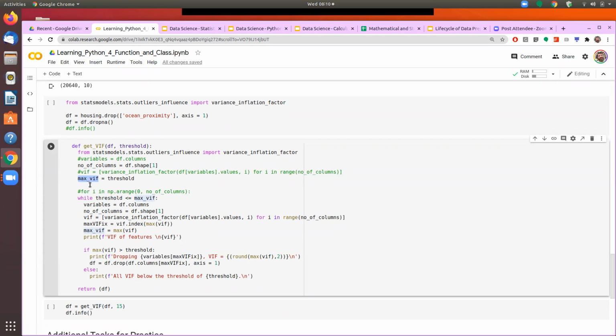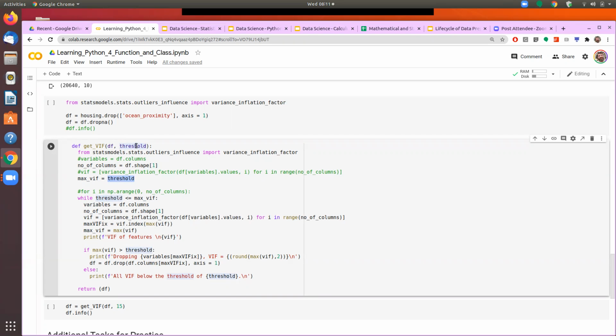MaxWidth is a variable where I am putting the threshold. This threshold is the maximum score I am willing to accept in my data set. As we mentioned, anything higher than 15 normally indicates that this particular feature has a very high correlation with other features, and therefore we don't need to retain those features which are highly correlated, because it contaminates our values of prediction. That is what we are trying to do here.